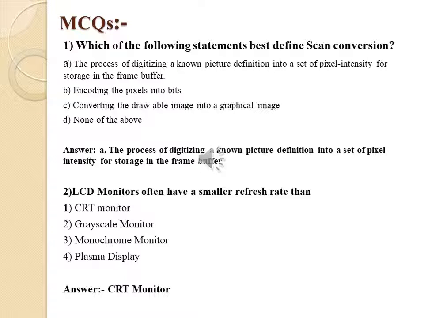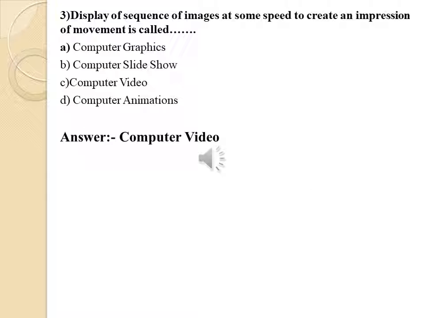The answer is the CRT monitor. Question third. Display of a sequence of images at some speed to create an impression of movement is called. The first option, computer graphics. Second option, computer slideshow. Third option, computer video. And the fourth option is the computer